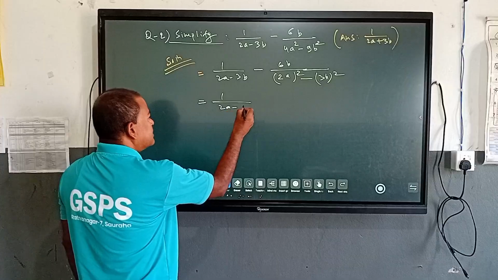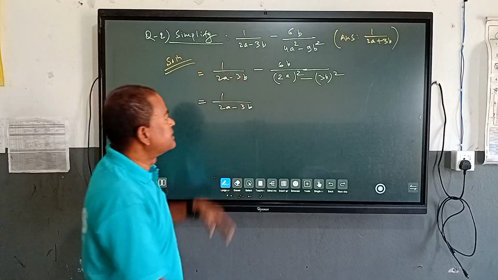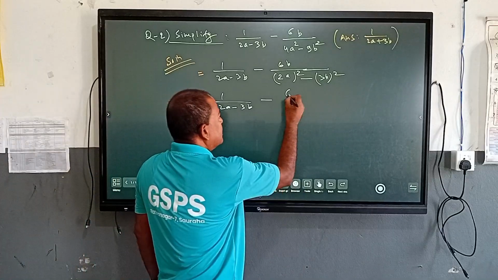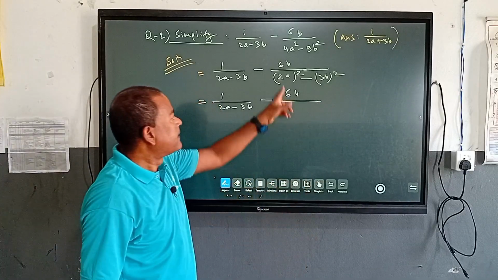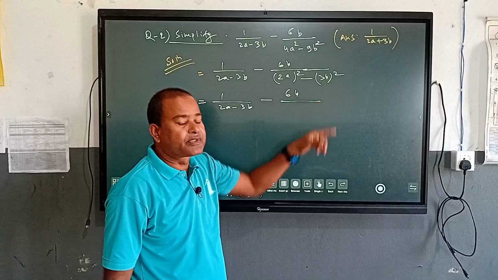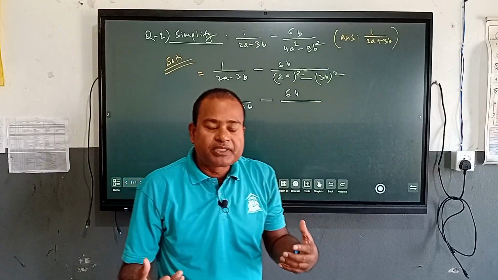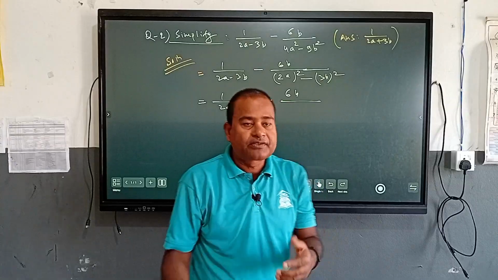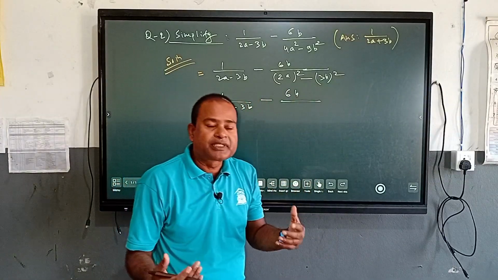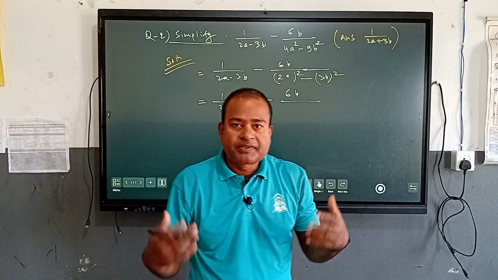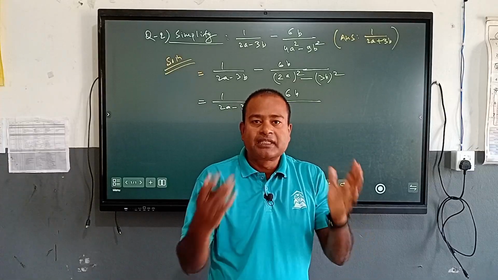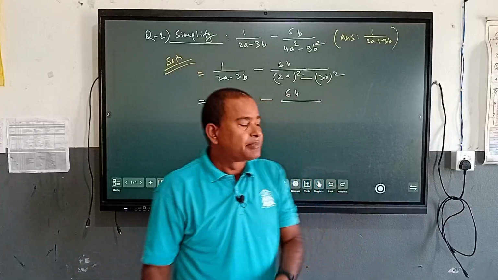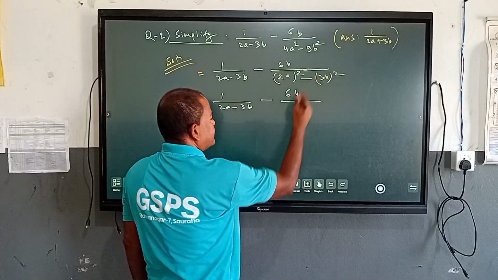Now the first rational expression we keep as it is. Dear students, we know that a square minus b square is equal to a plus b times a minus b. So if any algebraic expression is given in the form a square minus b square, then we can write it as a plus b times a minus b, or we can write a minus b times a plus b. So using the formula of a square minus b square,